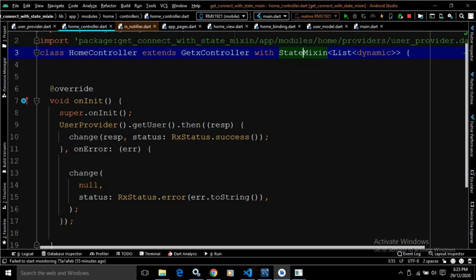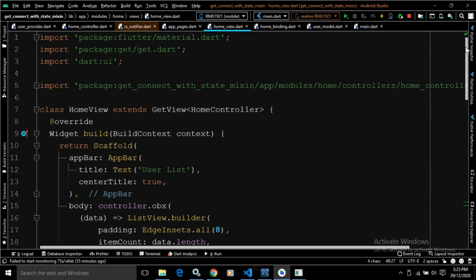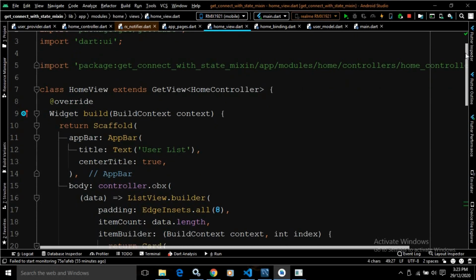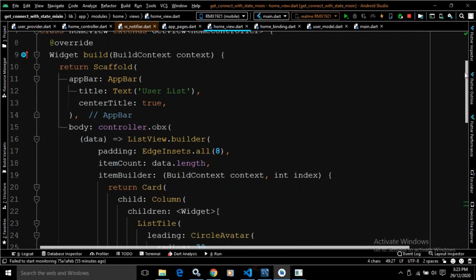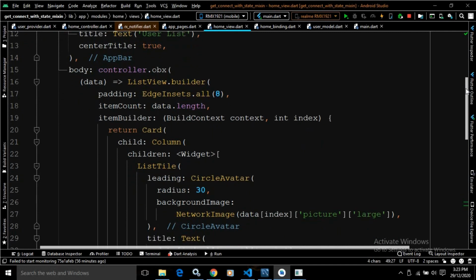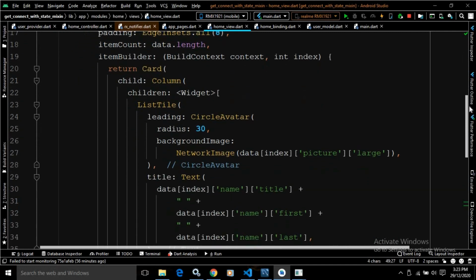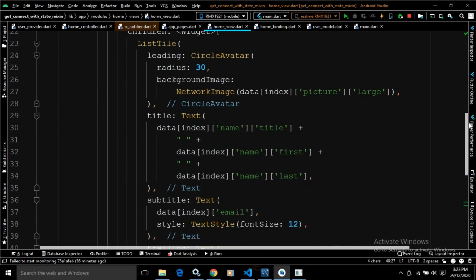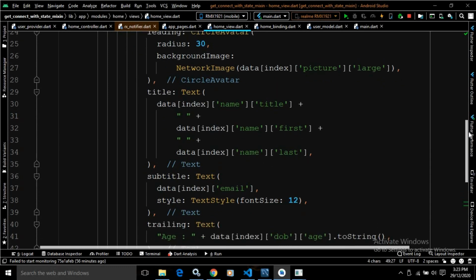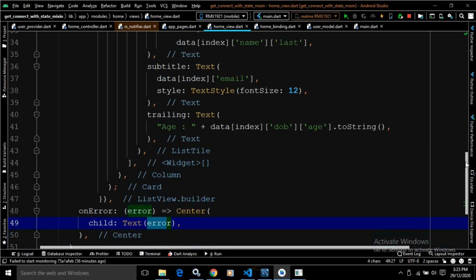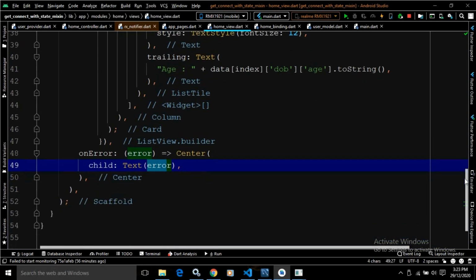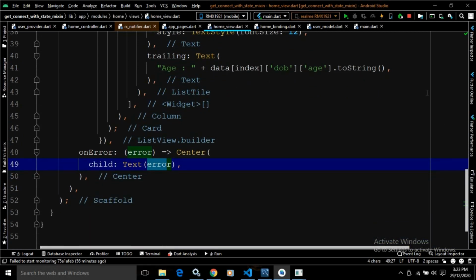And you need to check the code for home view, because the rest of the files will be generated when we create the project. This is the code for home view. Here there is just a UI, and in that UI the data has been displayed. That's it. Thank you so much for watching.